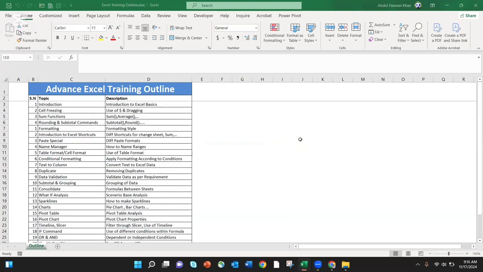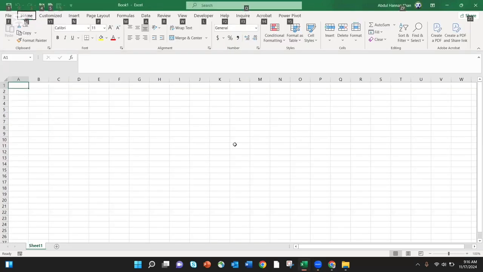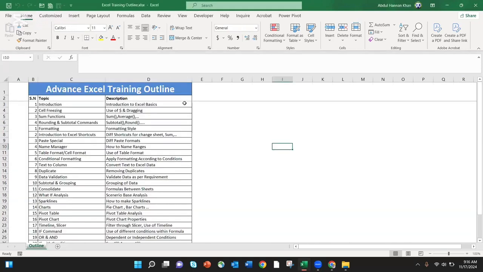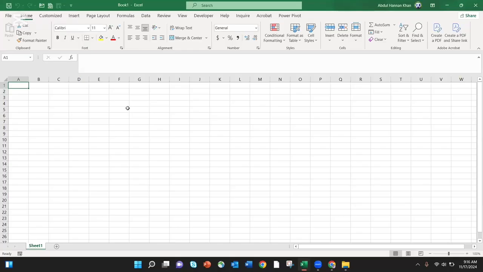Okay. I am opening a new window in Excel, a new sheet. So basically, if you have done some basics, then you are well aware. So let's start with something. The introduction is, when you open Excel, these are the tabs where we have